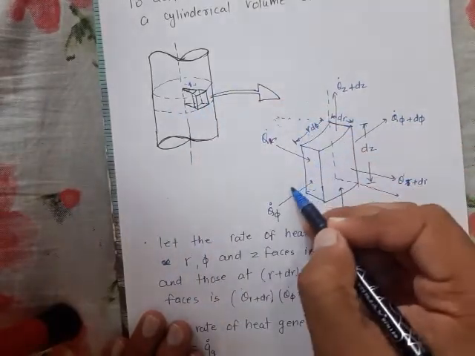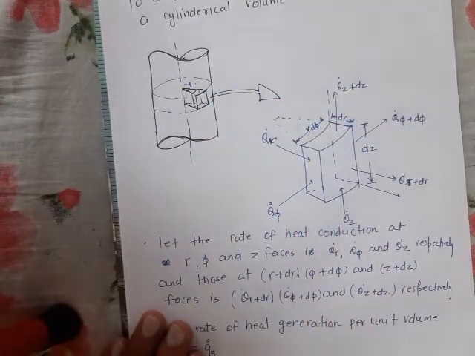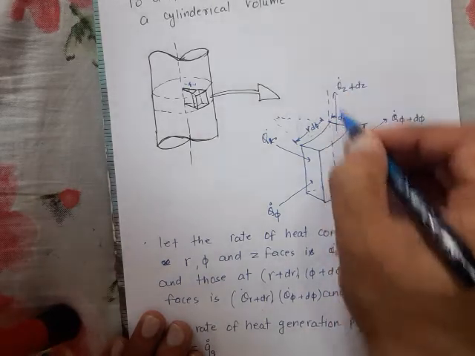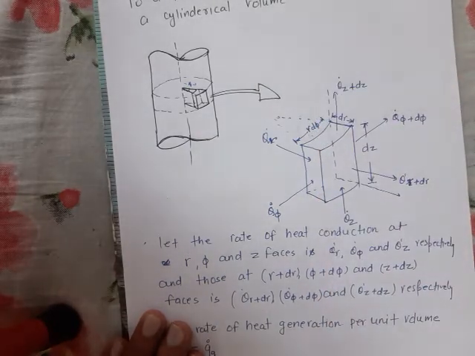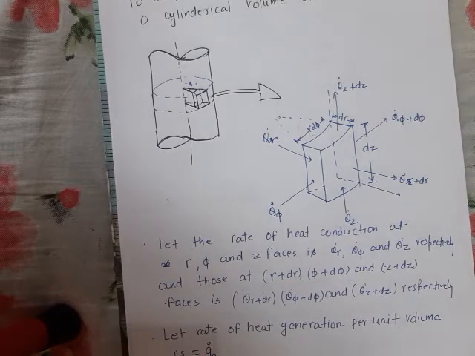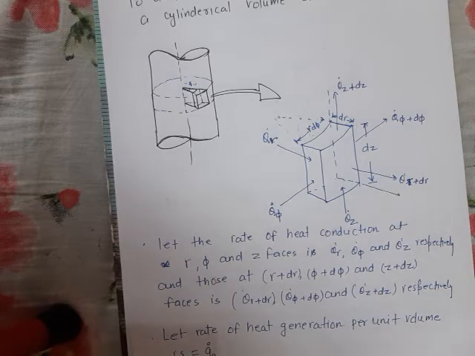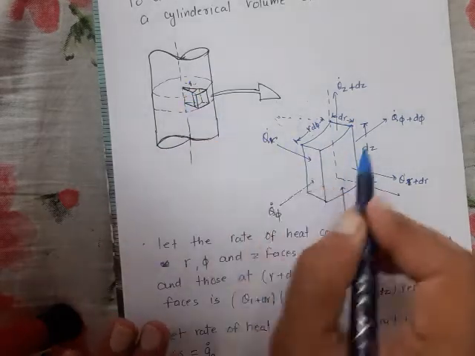In the element, this direction is the φ direction or azimuthal direction, and another one is the axial or linear direction. So we need to talk about three different directions: radial direction, circumferential direction and linear or axial direction. I think the geometry of the element is clear to you.